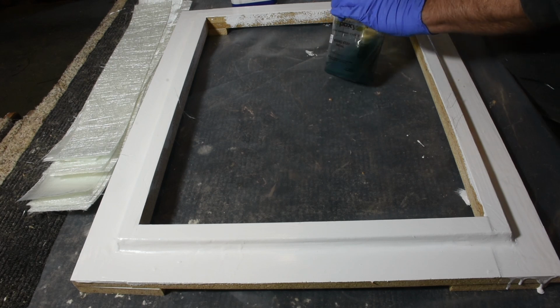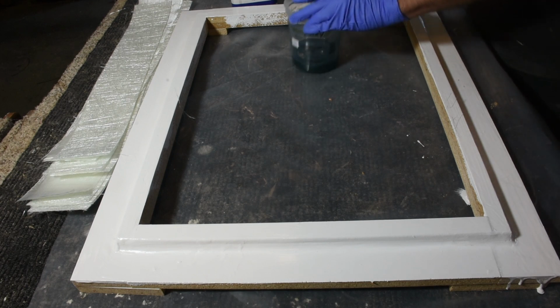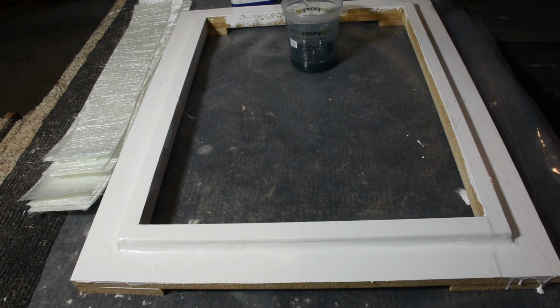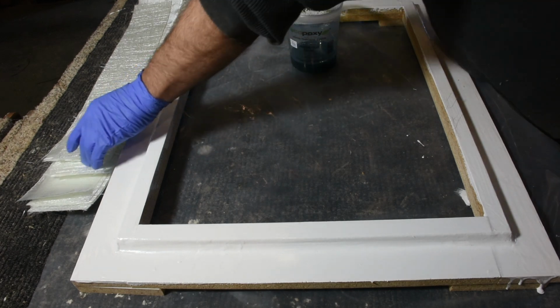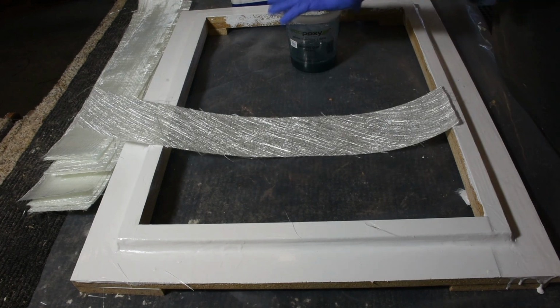I'm inside the shop right now, and I've got both doors open and the big fans on, moving some air around. So you see that I don't have a respirator on. It's because I've got lots of airflow, and